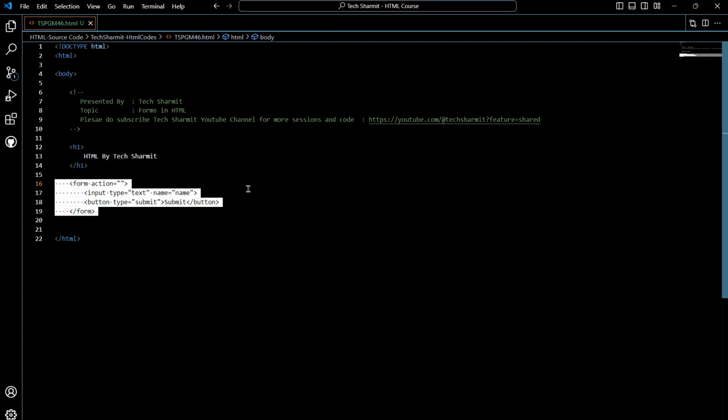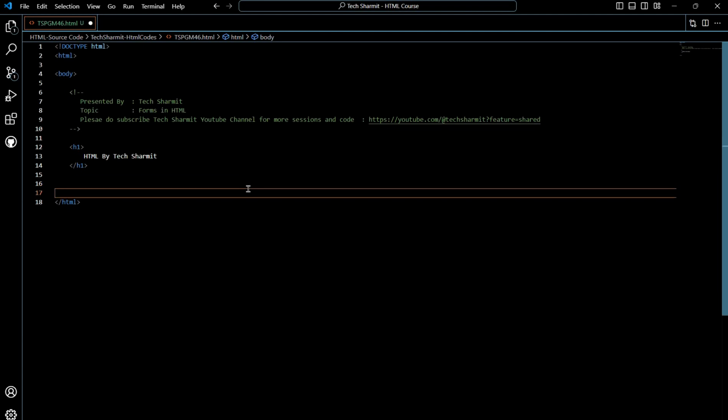In this session, we are going to start with our new topic, which is forms in HTML. Okay, so we are going to talk about the form tag. We are going to talk about the form concept, like why do we need forms in HTML and how we can create a good form in an HTML web page, its benefits, drawbacks, and everything we will discuss in this particular